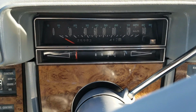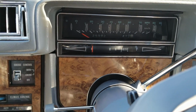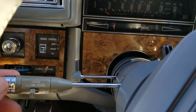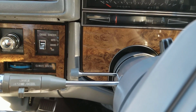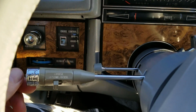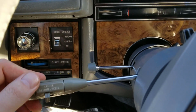You've got your giant turn signals there, indicators. I really like this. One thing in these GMs that I find that I don't miss at all is the turn stock, like the indicator stock here. So you got your cruise control stuff on it here, your set button, the coast, accelerate, and so on. But the turn signal, every time you turn them, you feel like you're breaking something. It makes this loud click, and it's...